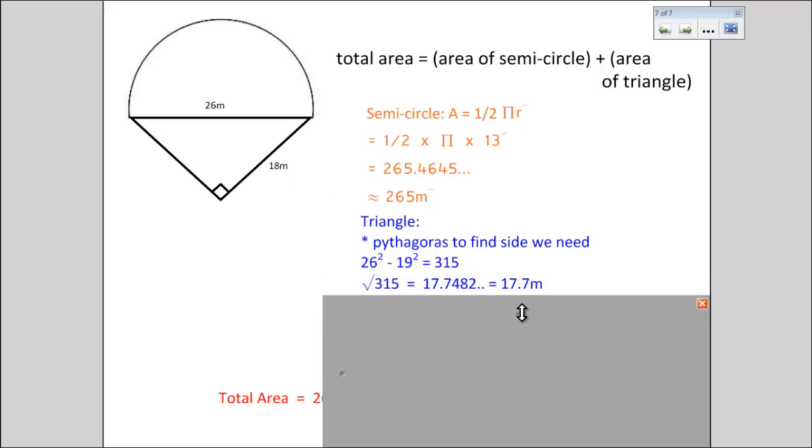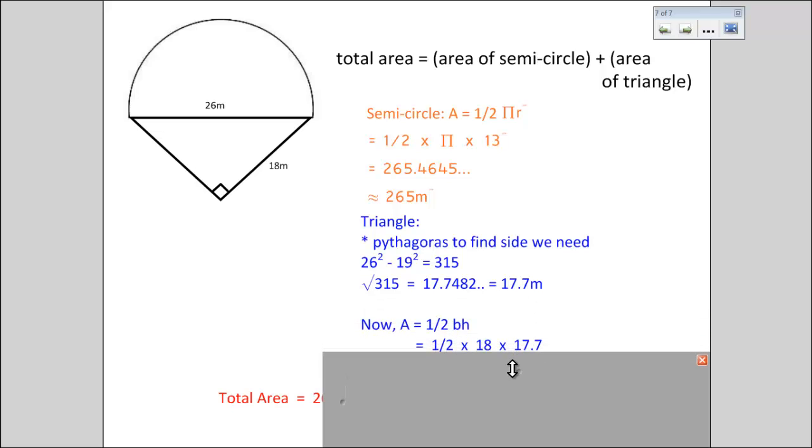So 26 squared take 19 squared is 315, but that's not the last thing. Remember with Pythagoras, you need to take the square root of that. Okay, so the square root of that leaves us at 17.7 meters. And now, if we do the half BH,